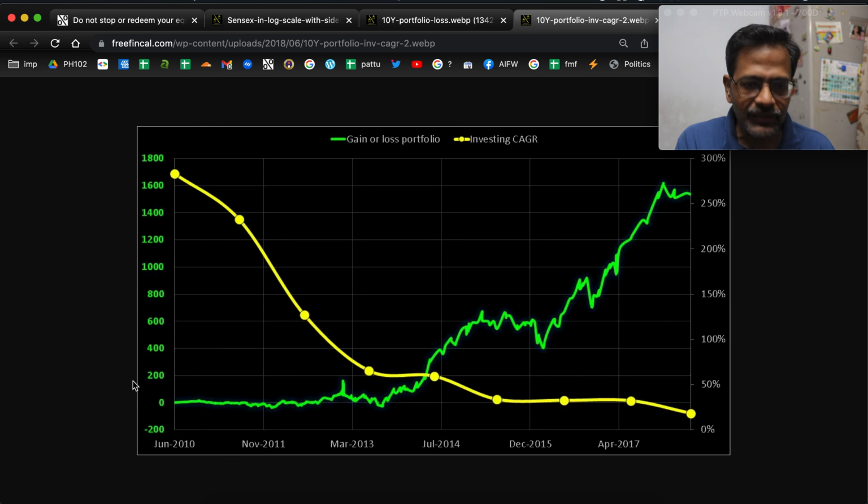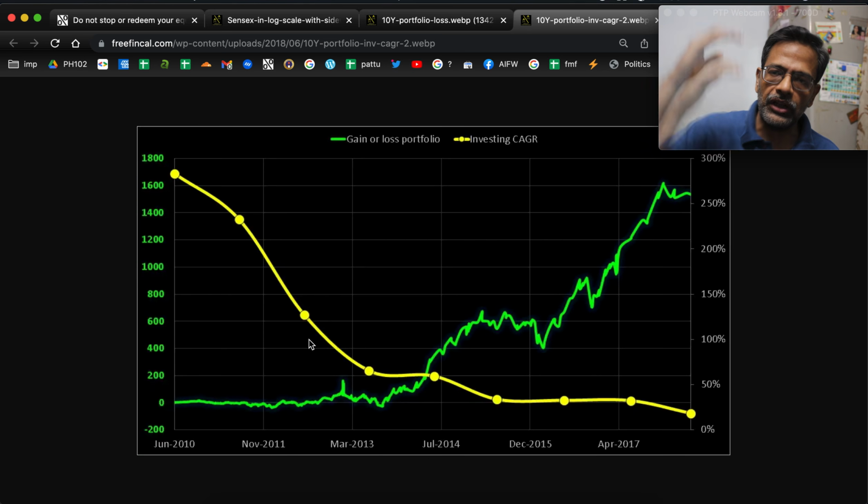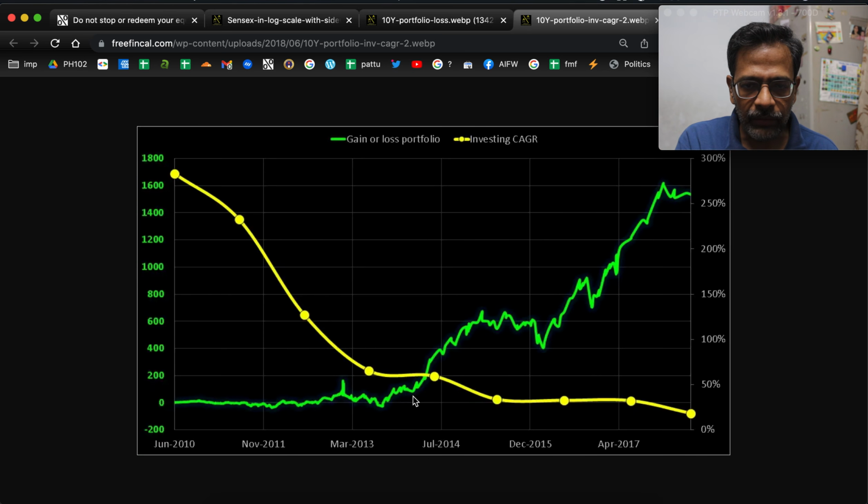So during this sideways market, I was dumping in as much money as possible into equity. Also at that time, my asset allocation in equity was very low. So that dump helped improve my asset allocation in the portfolio. And you can see what happens to the gain once the market picked up during the rally we witnessed since late 2013. And that completely changed my life. It propelled me to financial independence.